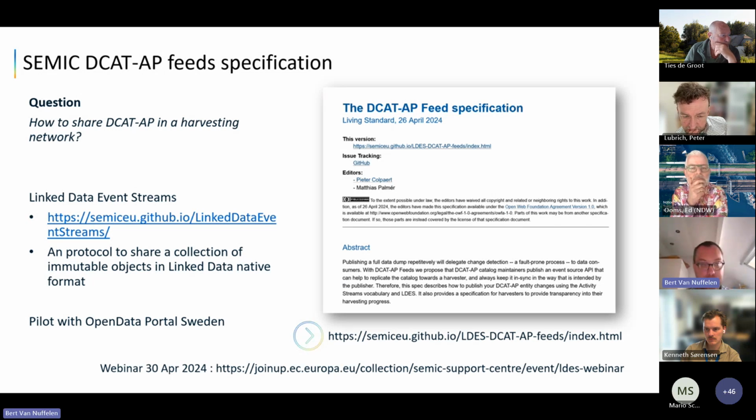And this idea has been applied to DCAT-AP to create a first draft of what could be a DCAT-AP feed, so that we can create some standardization in the harvesting ecosystem. There has been a pilot done with the Open Data Portal of Sweden, and that was quite successful. And the Data